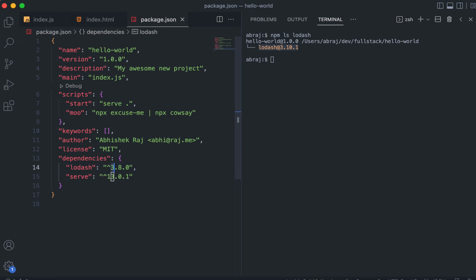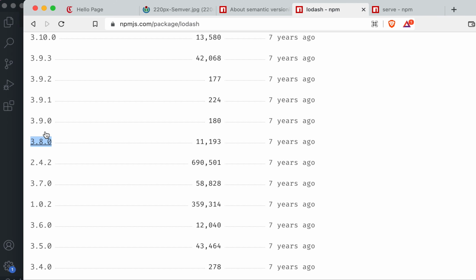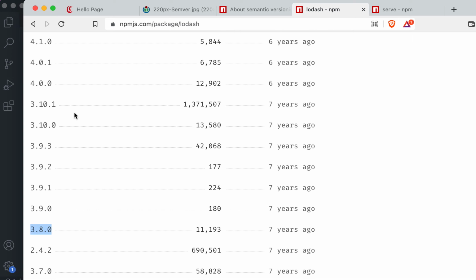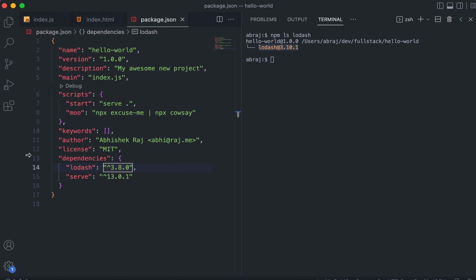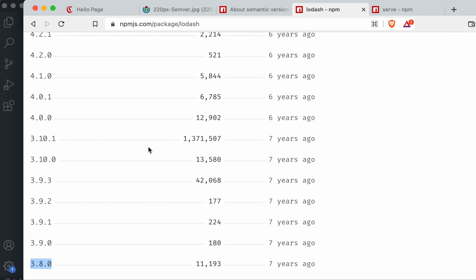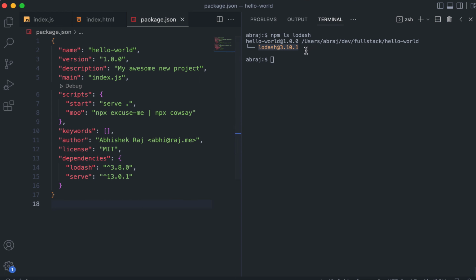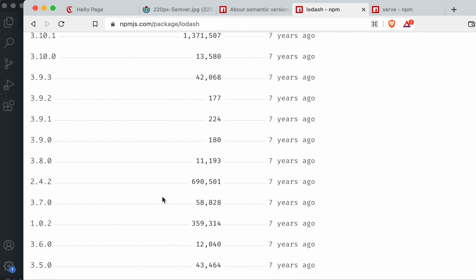The leftmost non-zero thing is this 3. 3 it cannot change, the rest of the things it can change. So 8 it can make 9, 10, and patch versions all it can change. So you can see that 3.8 it is making 9, 10, 3.10.1. It went till here, but it cannot go to 4.0.0, right? And that's why you can see that the final version is this only. So that is the meaning of this caret, right. However, if I do something like tilde, right,